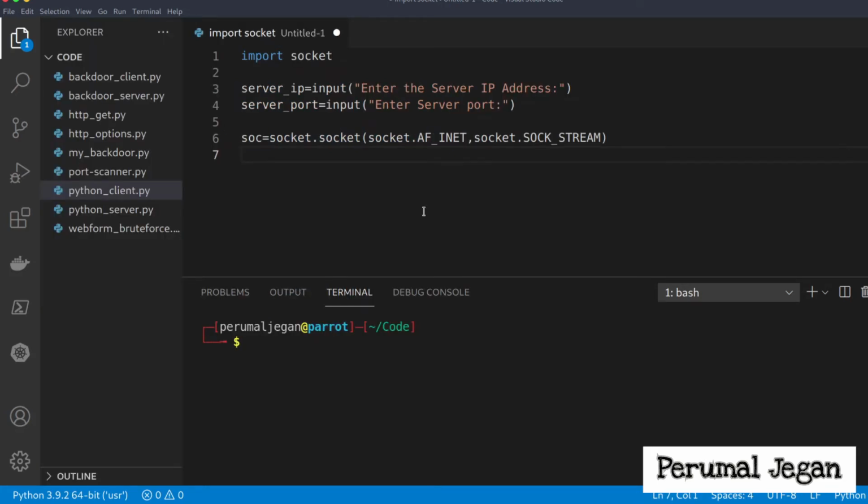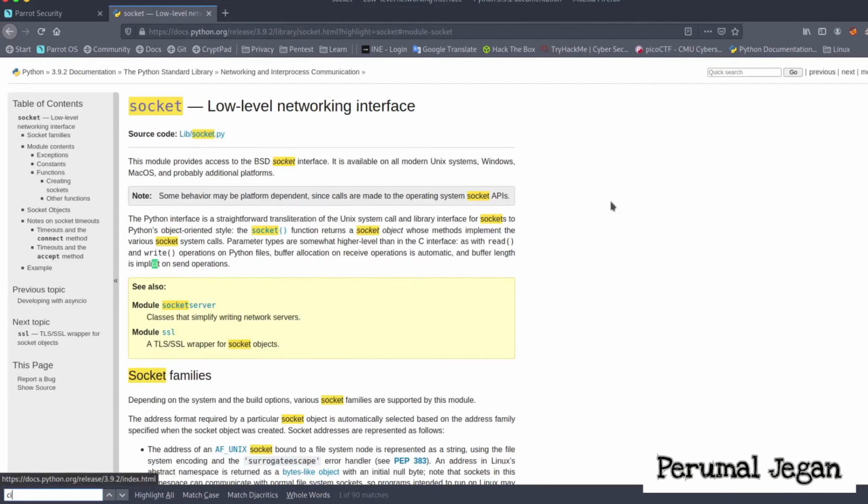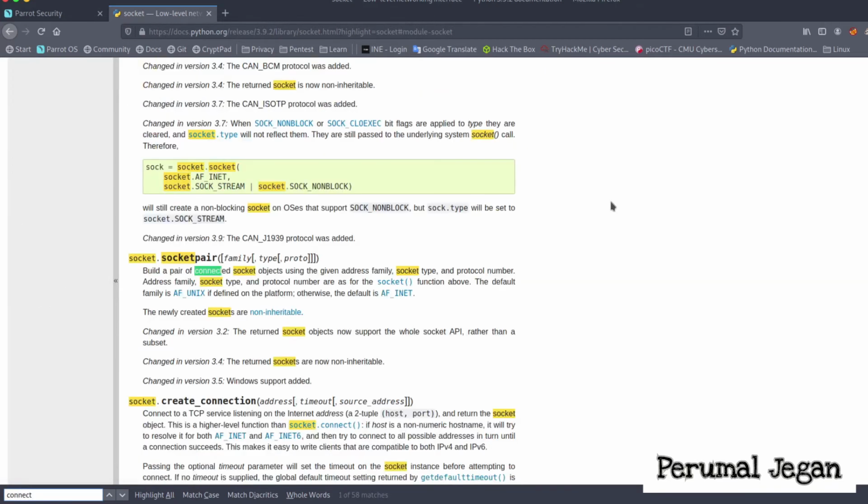Now, the next thing, we need to connect the socket with our server IP and server port. For that, we need to use a certain function, a certain object. Let's go to the documentation page and search for the keyword connect.